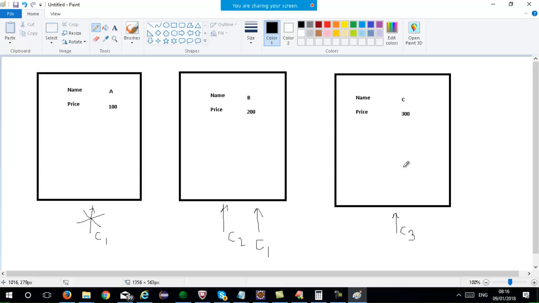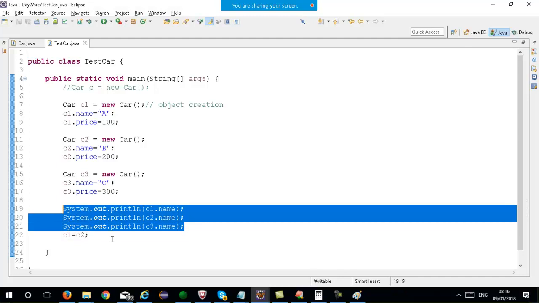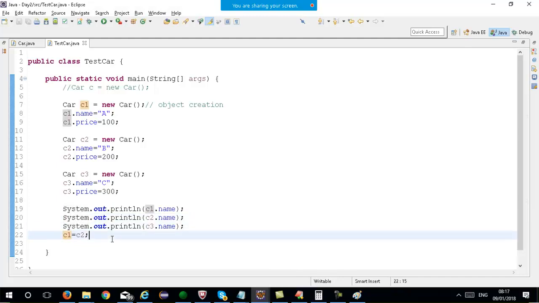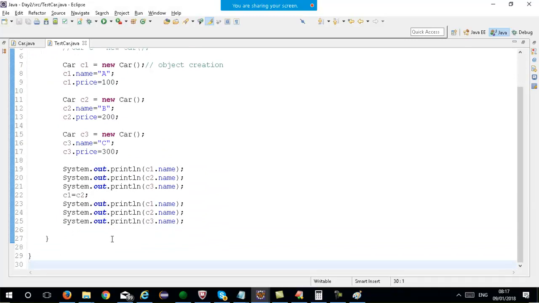And if I print this again, after this, if I print these three lines again,